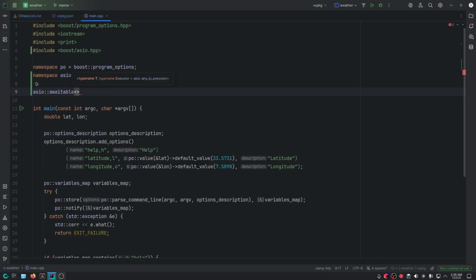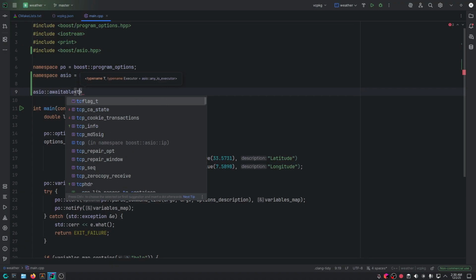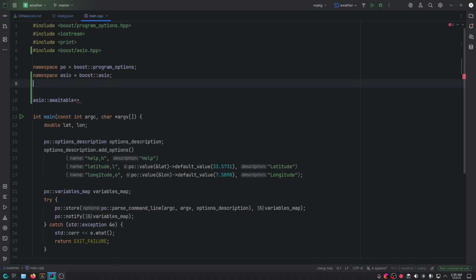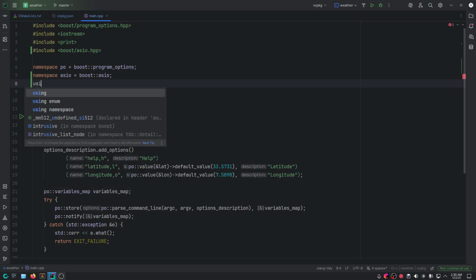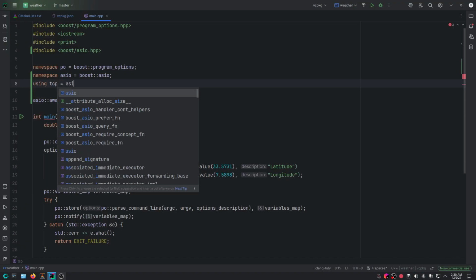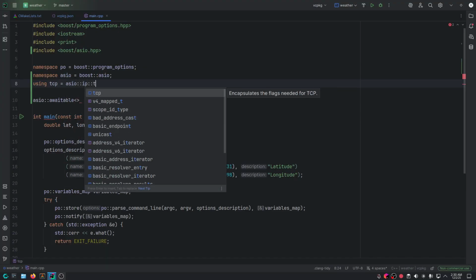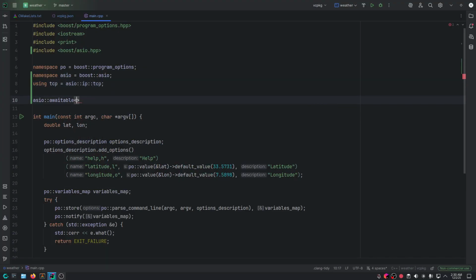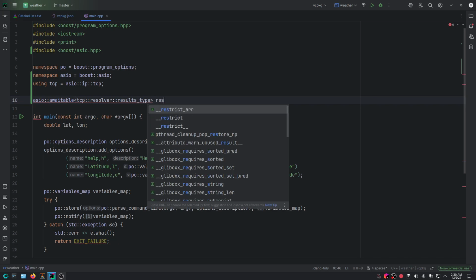And here, what we're going to return, in our case, is TCP. Well, we're going to need TCP, because we can actually use this for TCP or UDP. So using tcp = asio::ip::tcp. There we go. Now we could say here tcp::resolver::results_type. I'm going to show you why we use this type here in a second. All right, so let's call this